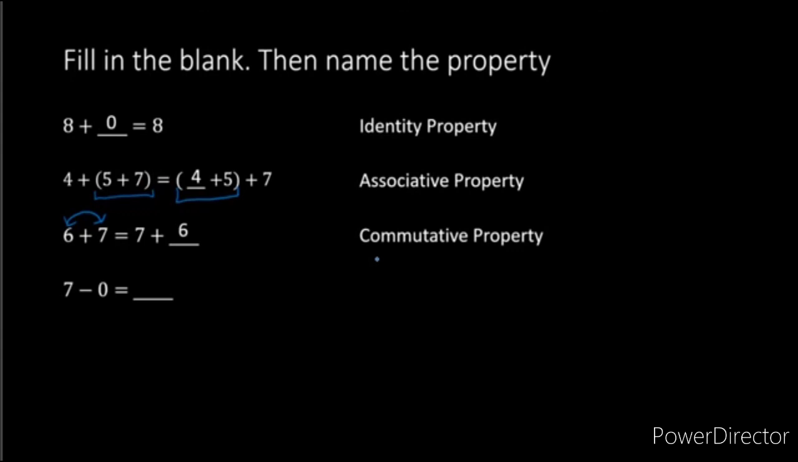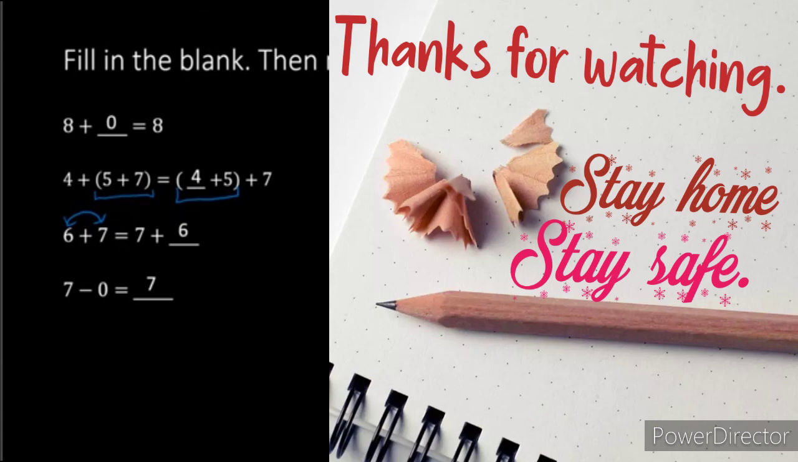Next example, we have 7 minus 0 equals something. Well, 7 minus 0 would equal 7, and what this would be is the zero principle of subtraction, because we're subtracting 0, and subtracting 0 does not change the original number. So that was your zero principle of subtraction. So we've talked about the four properties, and then to finish off this lesson,